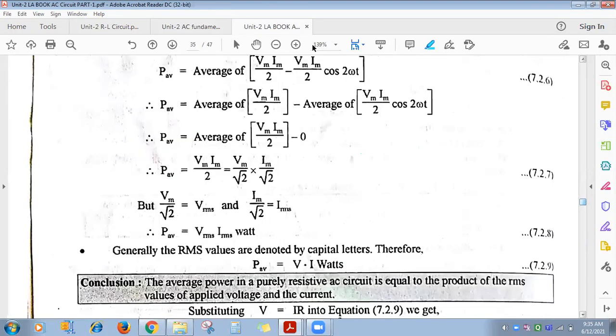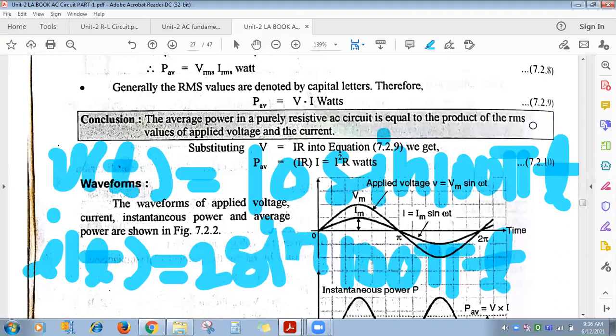So the first numerical is for a pure circuit. Sometimes in the numerical it is given v of t is 10 sin of 100 pi t, the instantaneous voltage equation, and you have been given the instantaneous current equation, 2 sin 100 pi t. So compare both the equations. The first one is of voltage, the second one is of current. Both are sinusoidal, isn't it? Omega is the same. What is the value of omega for voltage and current here? 100 pi. Correct, 100 pi radian per second is the value of omega.